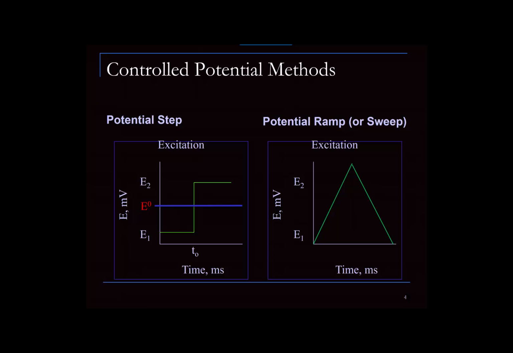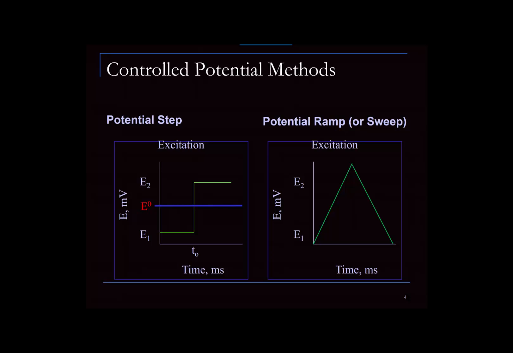So the signal that you care about that's most reliable is near the end of the experiment, and it's a very large signal in the case of chronocoulometry. Both techniques are very useful in terms of quantitating materials, so you can determine concentrations of analytes,